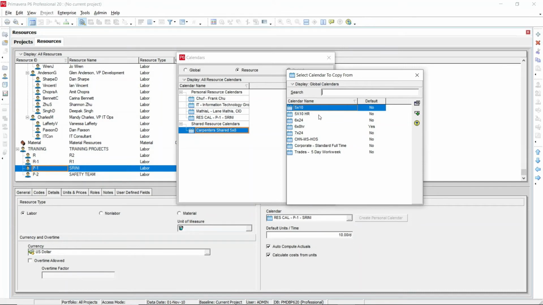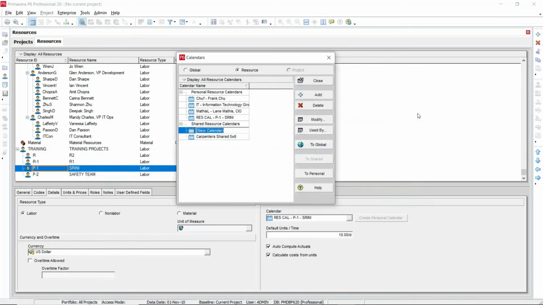You need to select the calendar you want to copy. If you want a 5 by 10 or 6 by 24, you can just copy the calendar. If you want 5 by 10, select the 5 by 10 calendar, then select. After you select, you can rename the calendar.